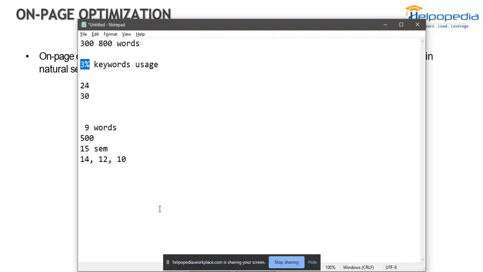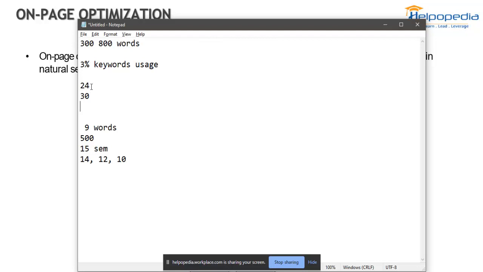Because see, if I have to use the keyword 30 times, but I use it 50 times or 100 times, then Google will say that you have over optimized your content and you need to reduce some of the keywords. That would be like spamming, so we are over optimizing our content.